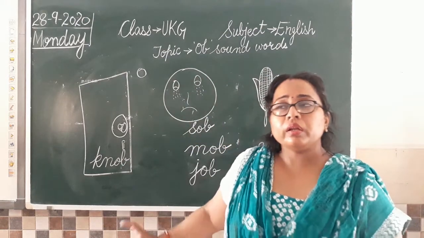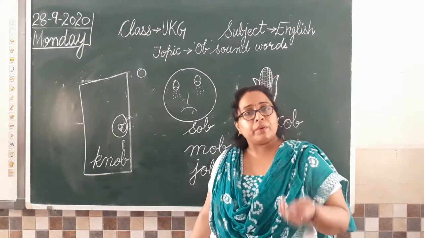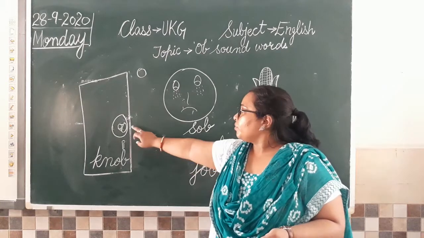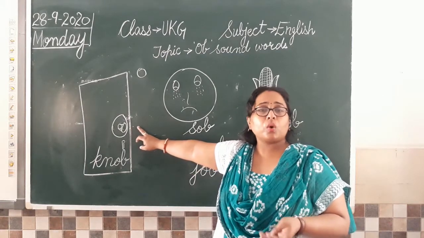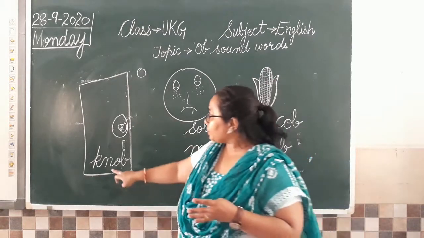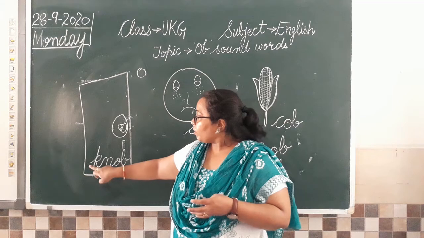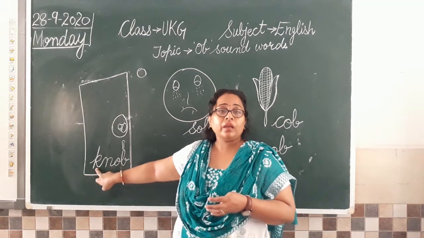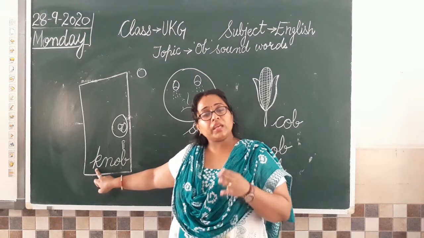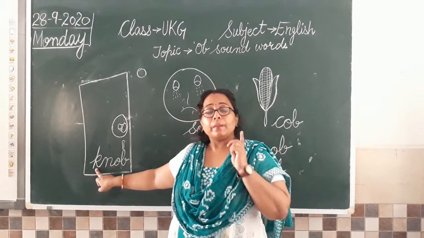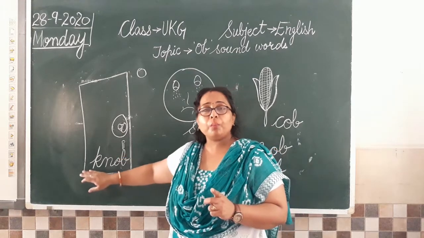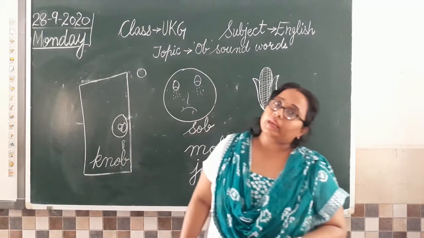So not only in the doors, you will find it in cupboards. You can find them in your drawers. So we call it knob. What we call it? Knob. Sound न से begin हो रही है, that means N से होगा. But we write this word from K. K is silent here. Is that clear? जो K की sound है वो silent है. But when you are writing this word knob, you have to begin it with alphabet K.